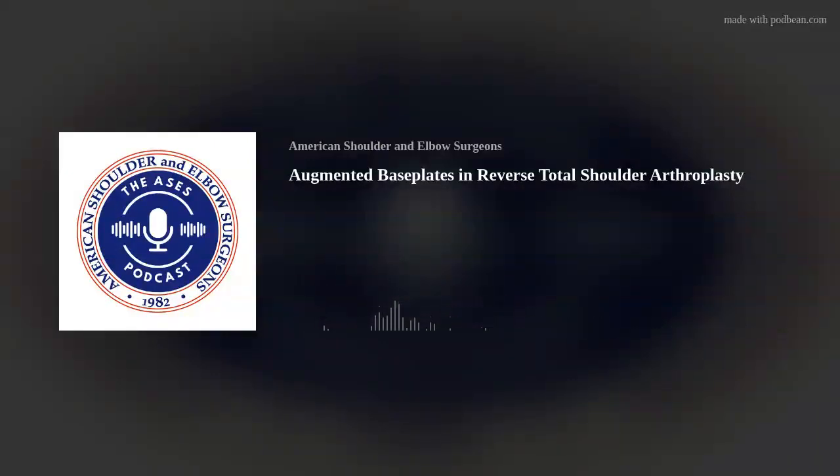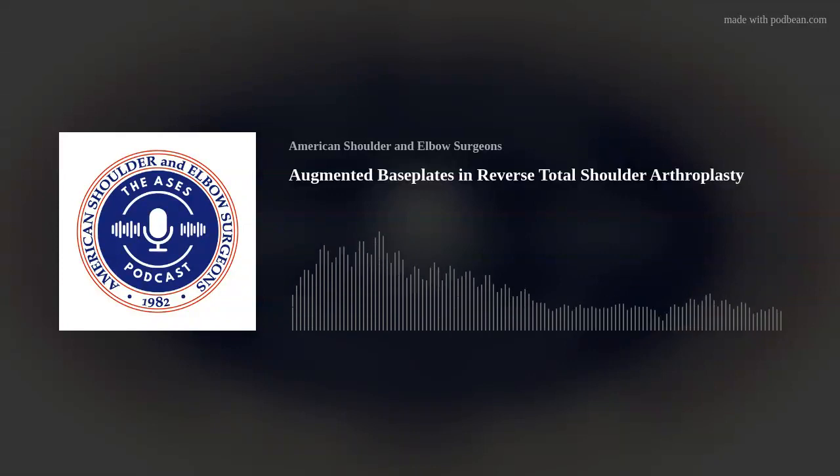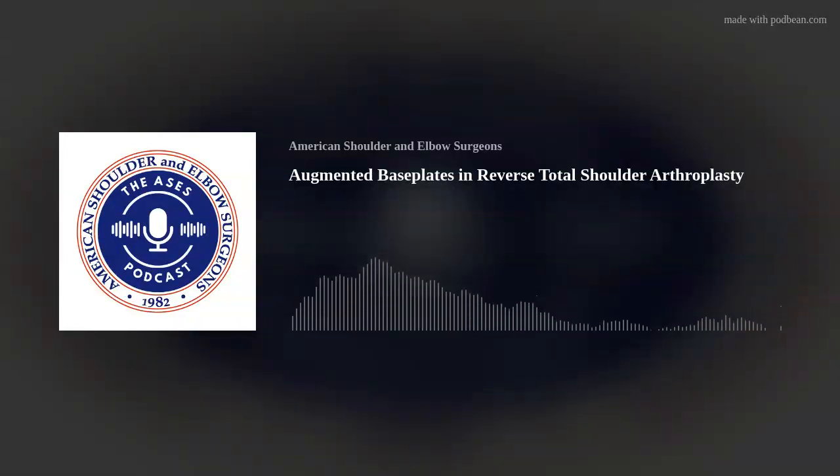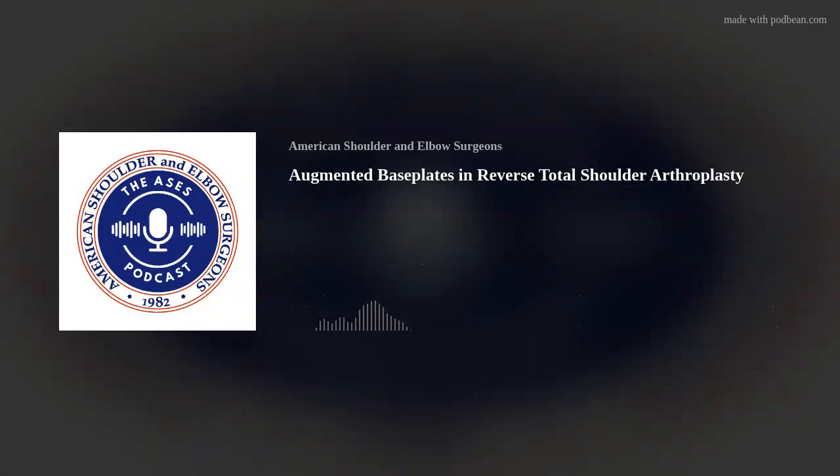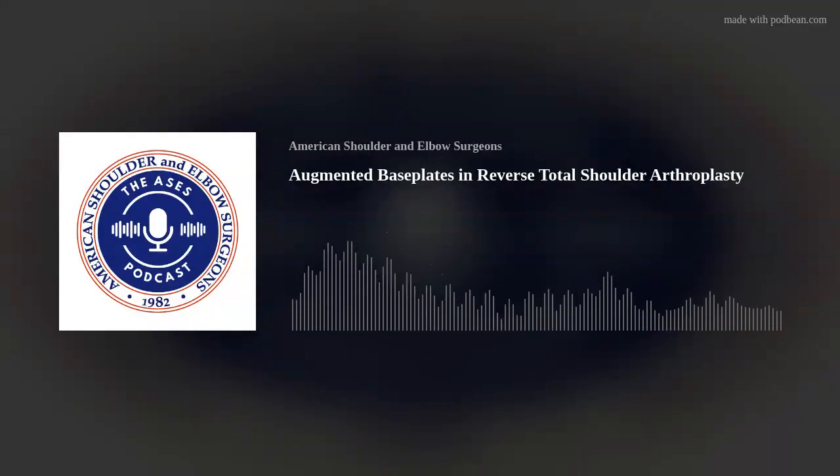And Mark talks about sounding it out, using a drill bit to sound out to make sure you're going to the opposite cortex and getting bicortical or far cortex penetration, if you're using a screw-in type baseplate. I haven't used it with a non-screw-in type baseplate, so I think you have to have a relatively monoblock system to make this work. And I think with this system, if you have at least 50 to 60% coverage, you're pretty good.